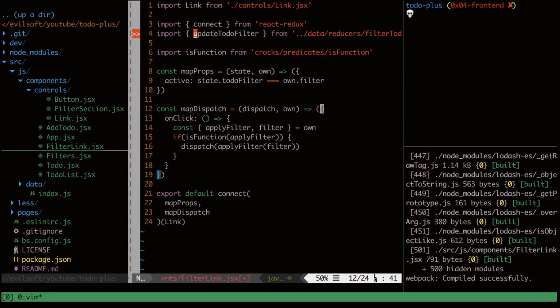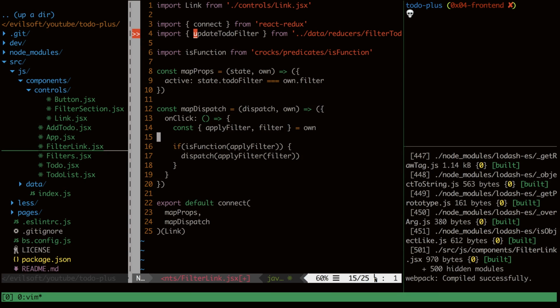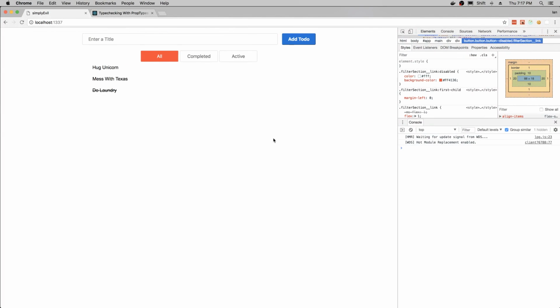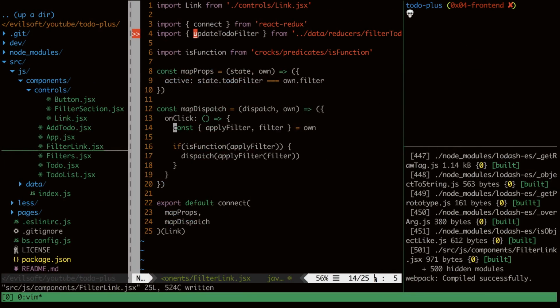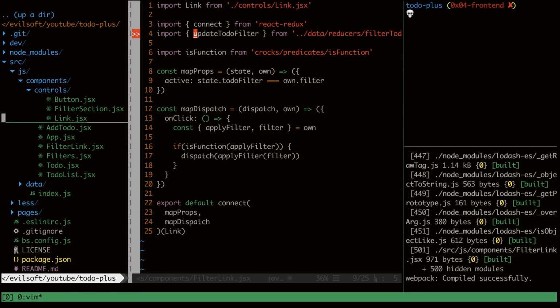Okay, so now we want to see if this works. So what we're expecting to happen here is that when we go to run it, it should not run our code. It should never call that because apply filter is not a function, right? Okay, we'll just do that. And we see that exactly that happened. That's perfect. Okay, so now that we know that we're covered there,